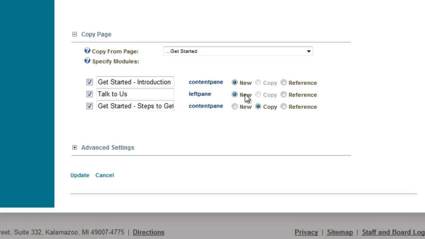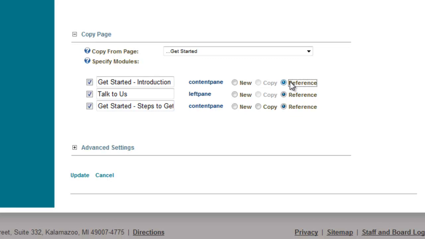The third method is called reference. So you can copy by reference, and every module understands this automatically. What a reference is, essentially, is that there's one entry in the database for the content for that module, and multiple pages on the site refer back to it. That's the easiest way we can explain it. It's a programming term, and it's super technical, but